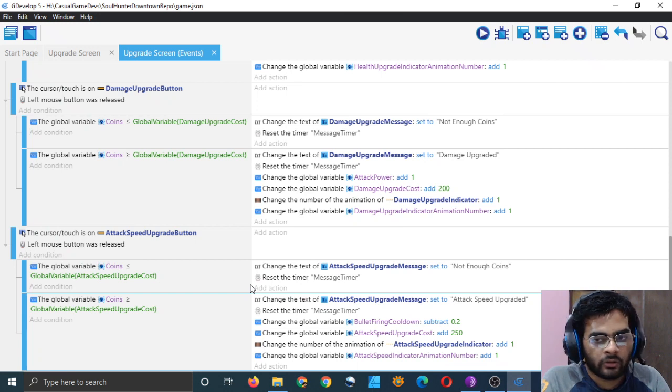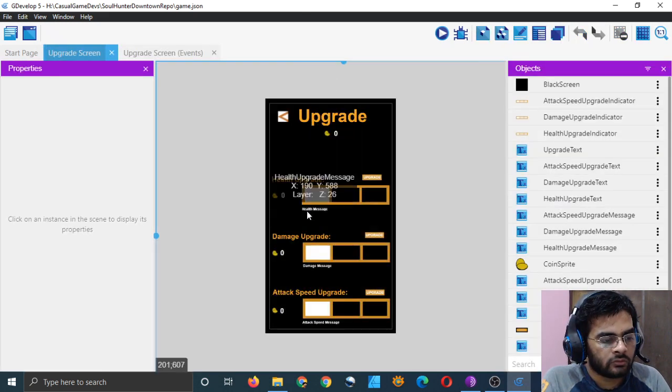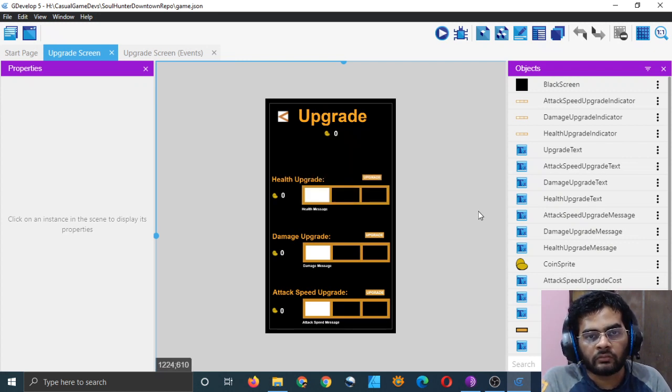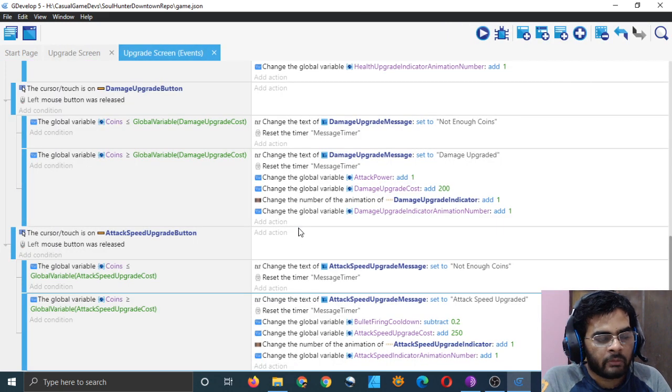When we add 1 to 0, it will become 1, and when we add 1 to 1, it will become 2. After 2, we are not upgrading. We only have 2 levels of upgrade. This level is already there, and we can only upgrade twice. So we will only add 1 to the animation indicators twice, so the maximum value that they can attain is 2.